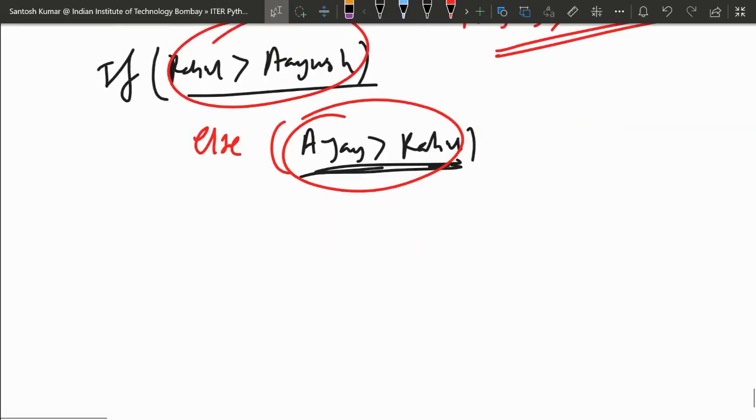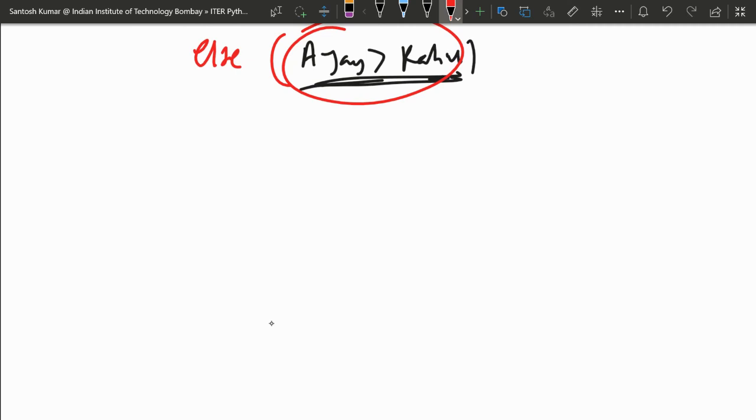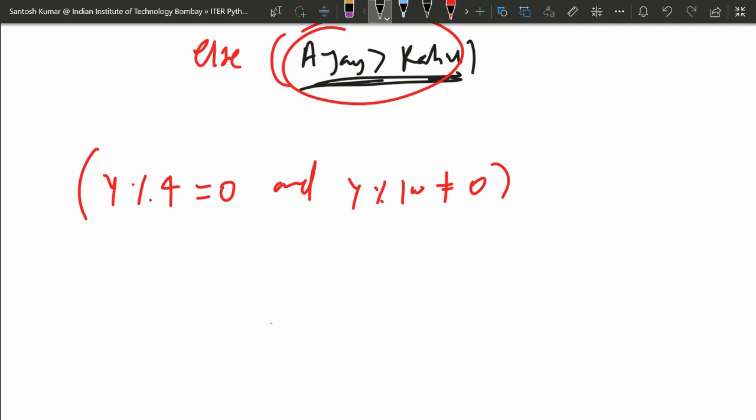So when we say we have written, when you divide the year by 4, it will give remainder 0, and when you divide by 100, it will not give you 0. So you have to check 2004.